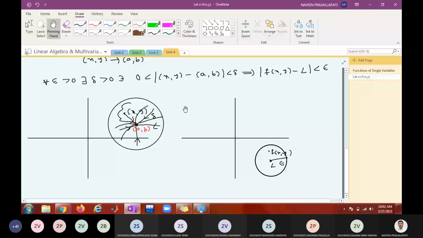For example, if I say all of you are from Hyderabad, that means what? Each and every one of you is from Hyderabad. I mean to say from your section. What is the opposite of that statement? What is the negation of that statement? Can you please tell me? Not from Hyderabad? Please tell me.